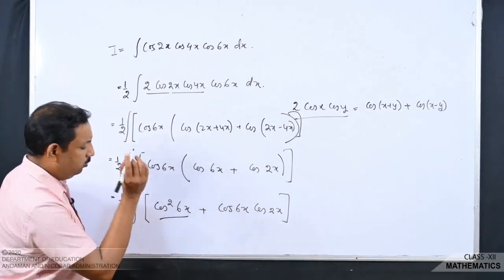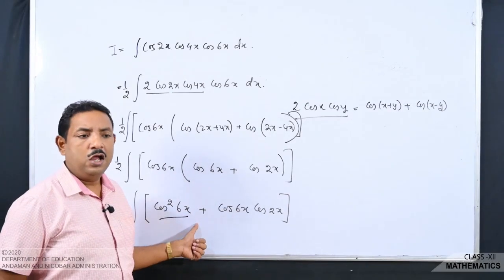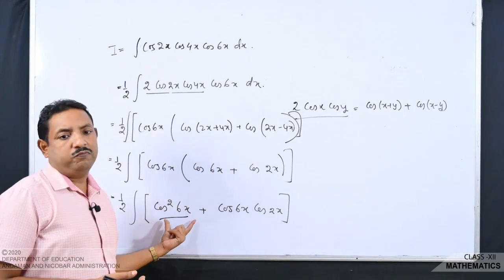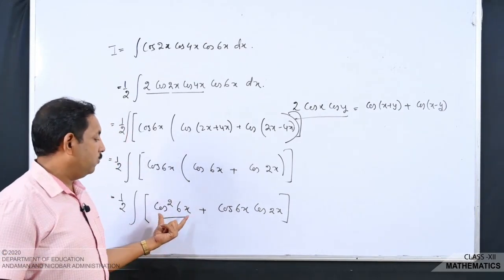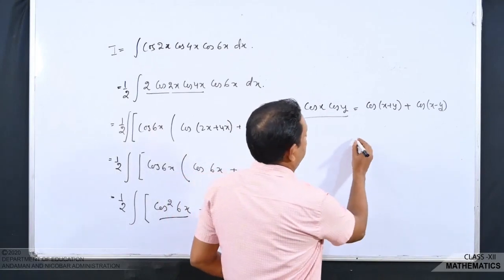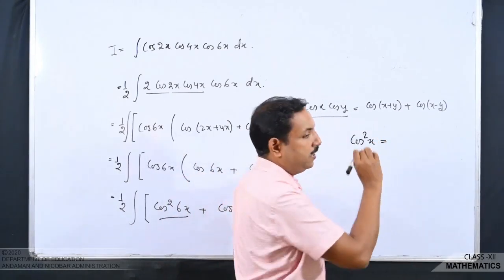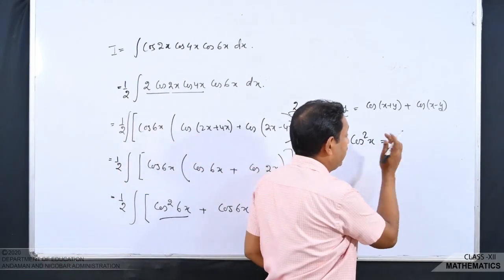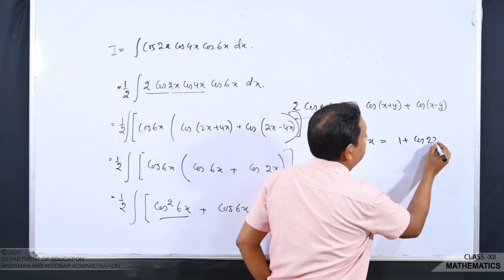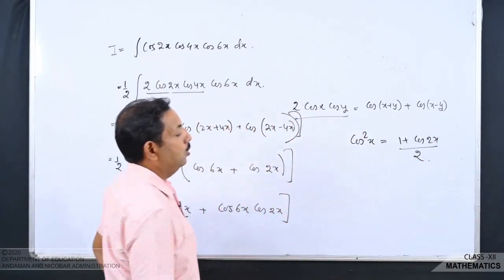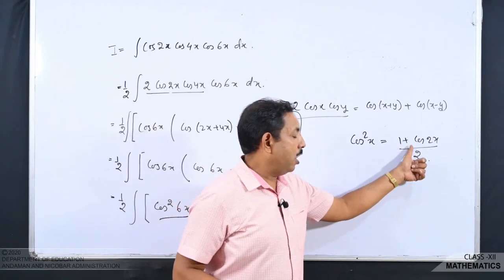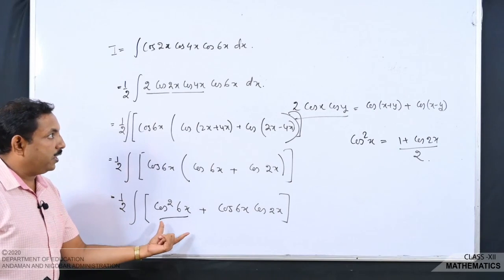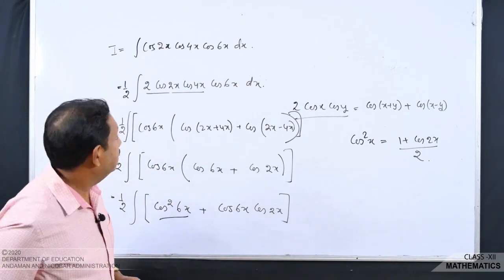Now again here, look here, cos square 6x, I can use the cos square formula. Cos square x can be written as (1 plus cos 2x) by 2. So that means this part I can change as,